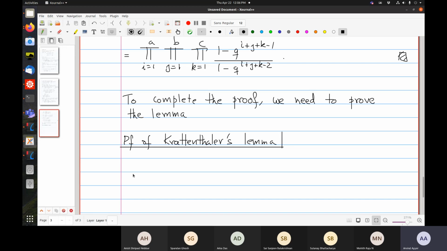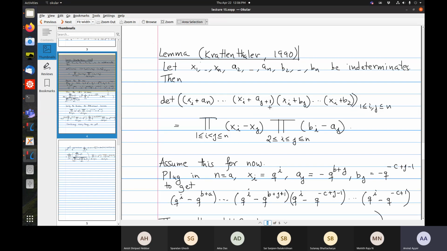Okay, so this is the statement. So let us stare at this. Okay, so let me remind you, we have x1 to xn, a2 to an, b2 to bn as parameters, indeterminates,